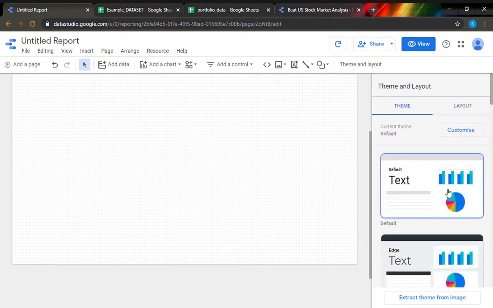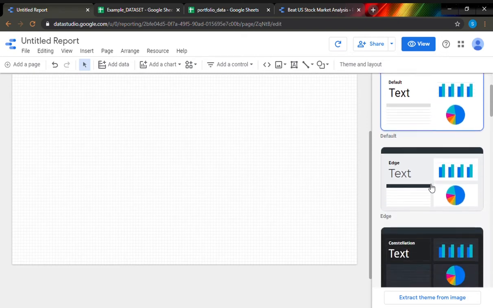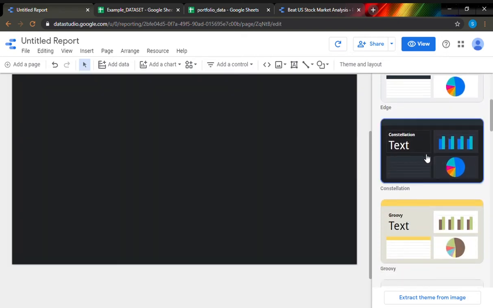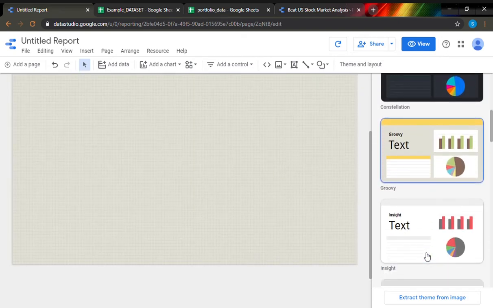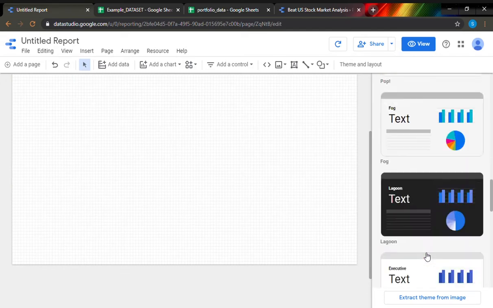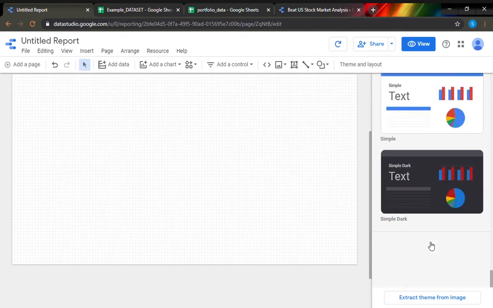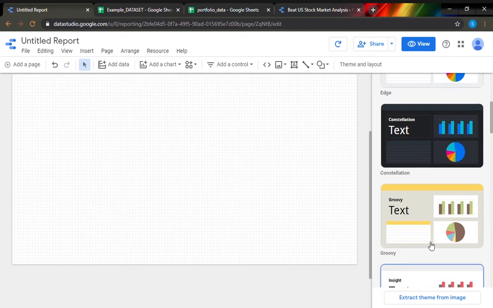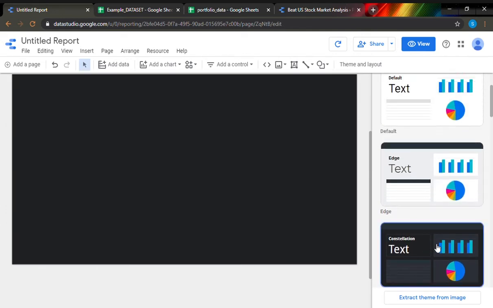Now we can see here we can use many templates. You can even extract a theme from the image, according to your need. If it's professional, you can use a more professional one. If you have to make it easily understandable, you would be able to.